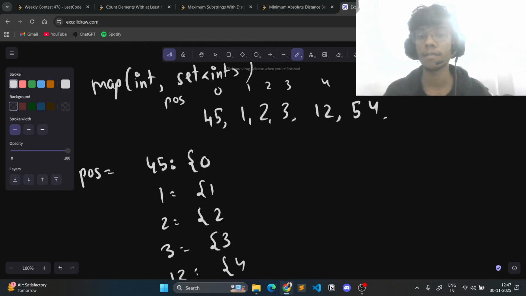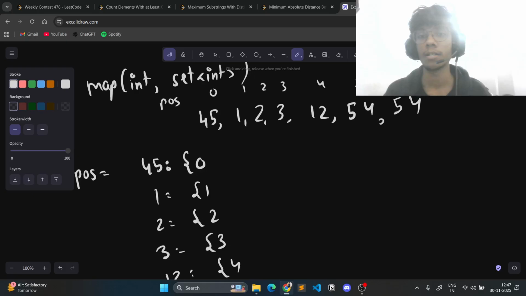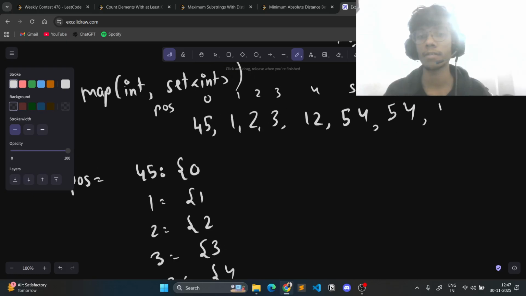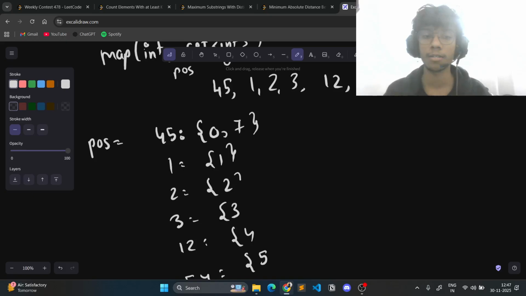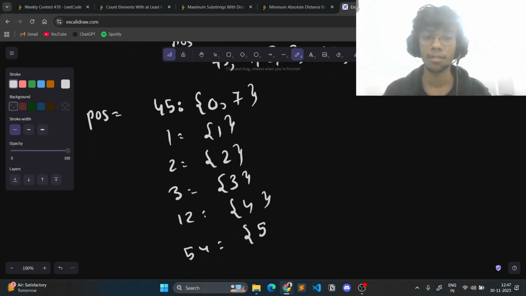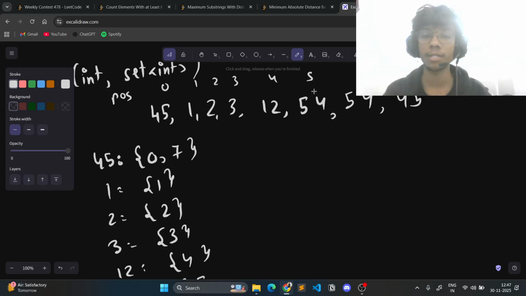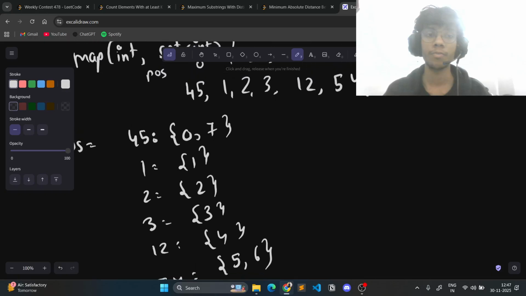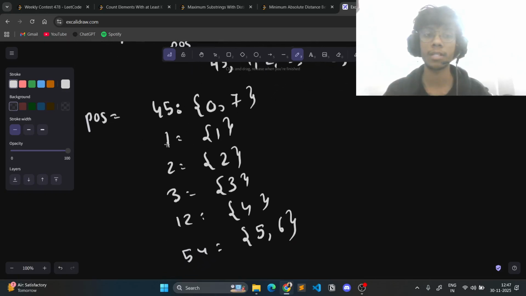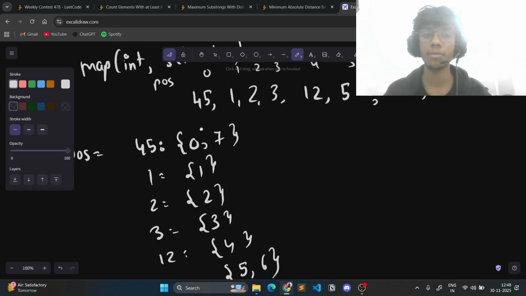Let's say there was another 54 and a 45 here as well. So this is 6, this is 7. So there is a 45 present in 0 and a 7. So I'll take this here, right? And a 54 is present on 5th index and 6th index. So I'll do this. So now we have created a map of all the elements, and they map to its